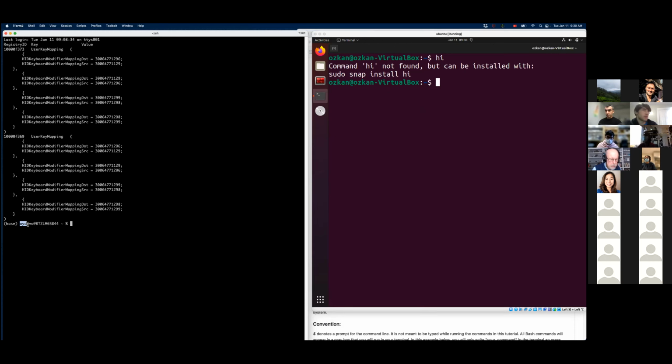So this is my username and computer name. Now I'm just going to show a couple of commands, and if you are on Linux or Mac OS, you can also replicate this in your terminals. So the first command is whoami.